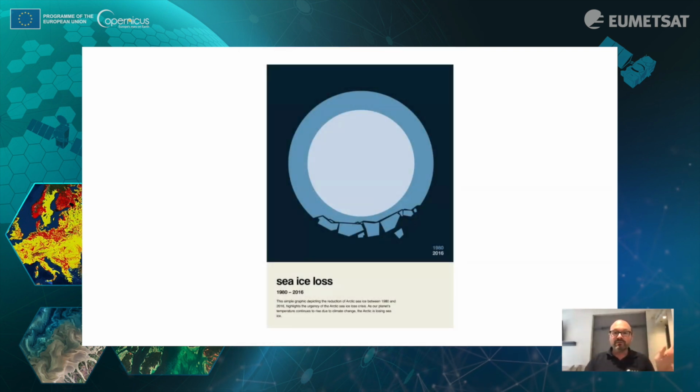This version, we've introduced a little bit of colour. So you can see from the two circles, we're showing the differences in sea ice over those two time periods, and we're demonstrating the variable with the breaking ice as well. The title is Sea Ice Loss, and it's there just to pique somebody's interest in a Bauhaus simple style, to generate a piece of art. So it's not necessarily targeting scientists. It could be of interest to people who aren't scientists, and it will just pique their interest and get them to find out more.